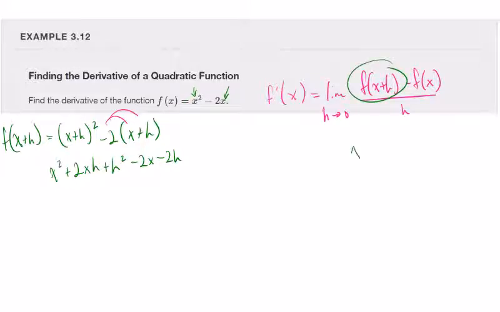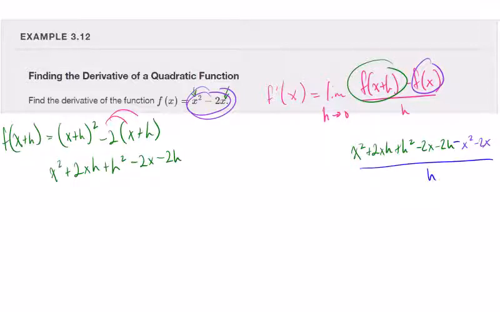And so it's going to be x squared plus 2xh plus h squared minus 2x minus 2h, and then minus f of x. f of x is just this, right? So it's just going to be minus, and then we're just going to put in x squared minus 2x, right? Which is what this is. Okay, then it's going to be all over h, and the limit